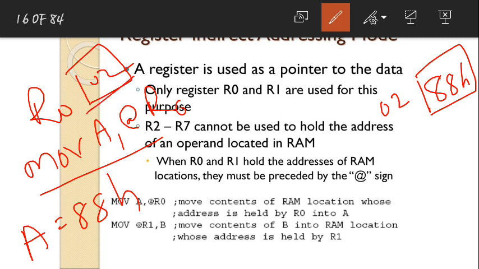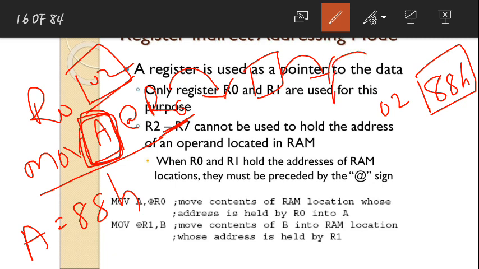But in this register indirect addressing mode, what he is trying to say is, whatever register you write, always remember you have this register. Inside this register you will have some address, and inside that address you will have the value. This value will be moved to this location. So whatever content is present inside the register is assumed to be an address. You are understanding my point.